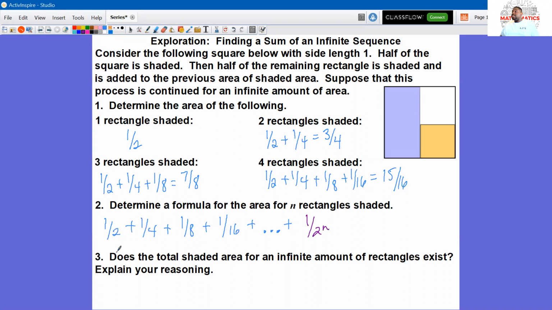And then part 3 says, does the total shaded area for the infinite amount of rectangles exist? Explain your reason. What's happening here is we're always adding half of the area that we're getting to the previous. So we're going to keep adding that. And what's going to happen is the answer will become yes. We're going to keep adding, and adding, and we're going to actually get to